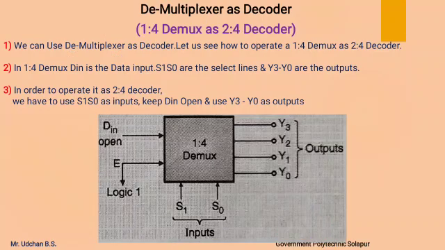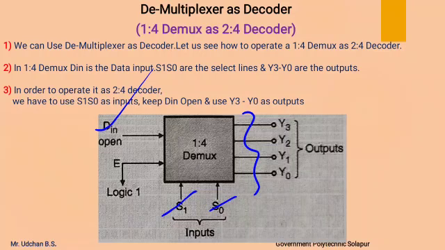Now next we will see how a demultiplexer can be used as a decoder. First we will see how a 1:4 demultiplexer is used as a 2:4 decoder. In a 1:4 demultiplexer, there is one data input, two select lines S1 and S0, four output lines Y3 to Y0, and